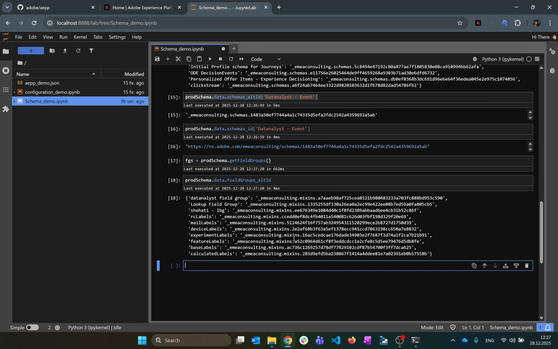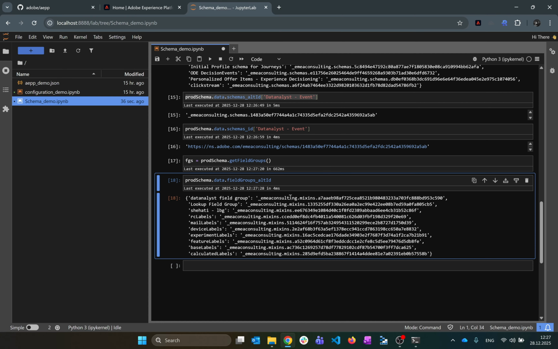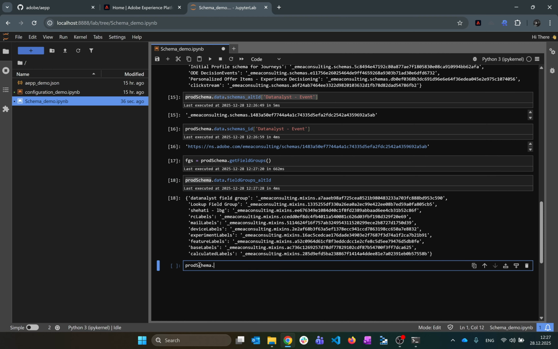The IDs are important when you use it through APIs. APIs only understand IDs, and therefore you need to use either the alt ID or the normal ID to manipulate all of the things. So for example, if I want this specific data analyst, so I'm going to do that,